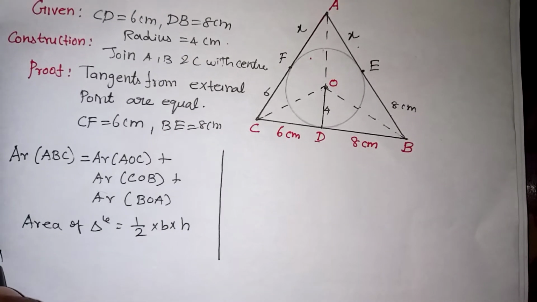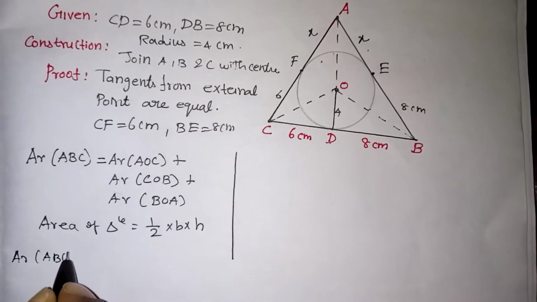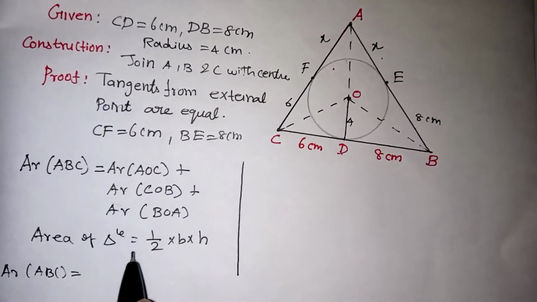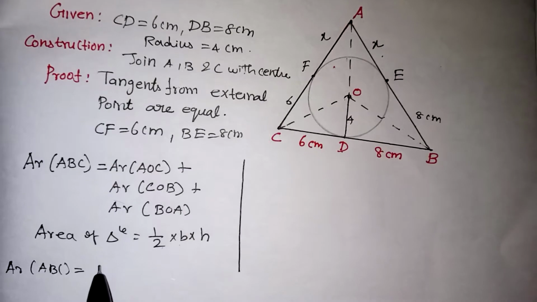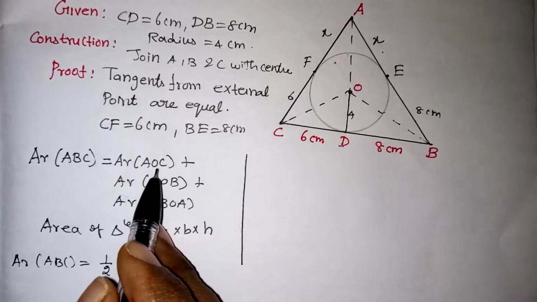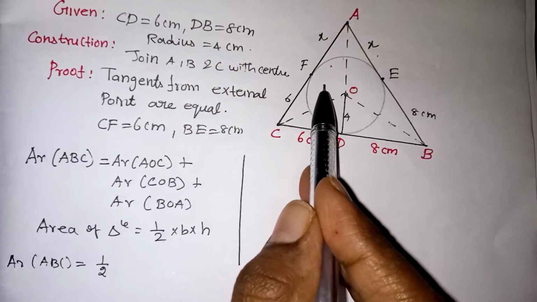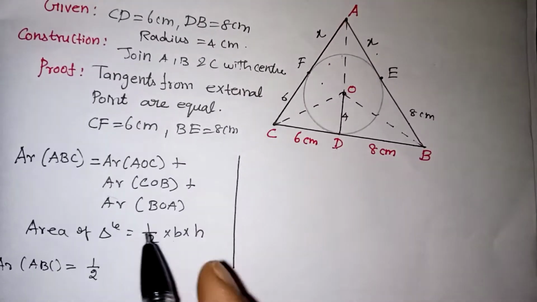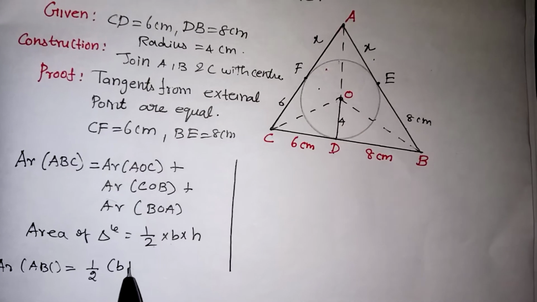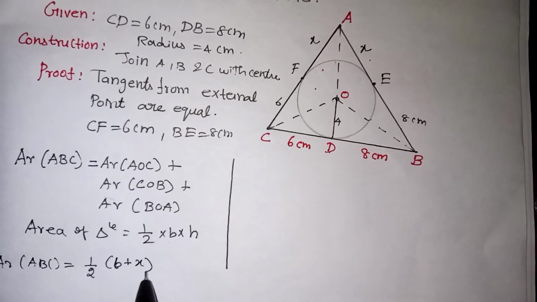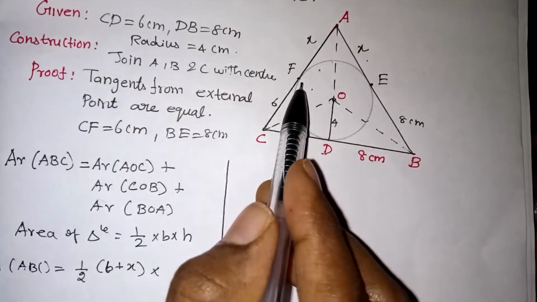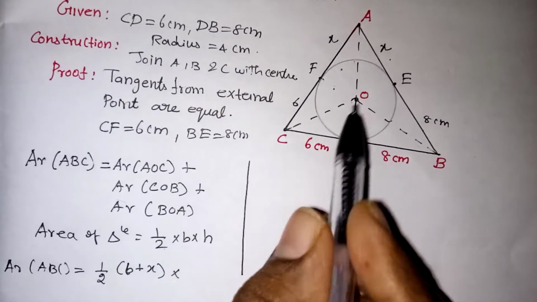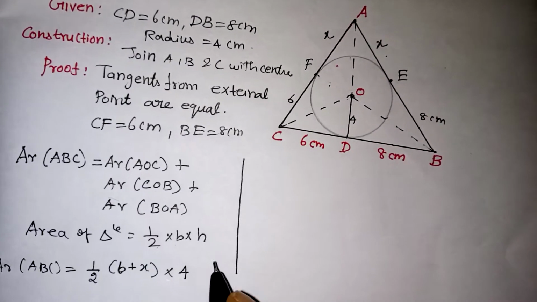So area of ABC is equal to, first we need to write the area of AOC: half into base into height. Half will come as it is. For this triangle AOC, the base is 6 plus x. Write 6 plus x into height. Height is nothing but your OF, which is the radius of the circle, so we can write it as 4. Plus